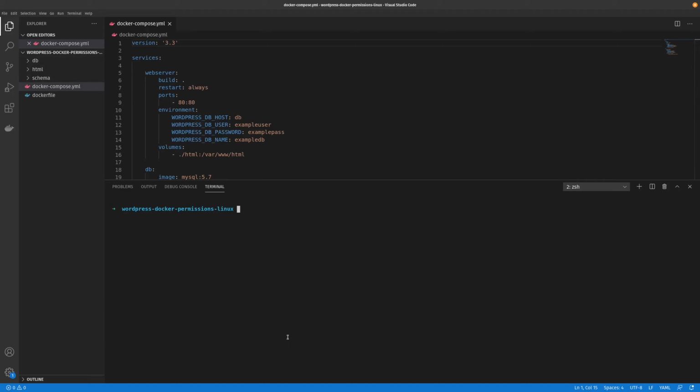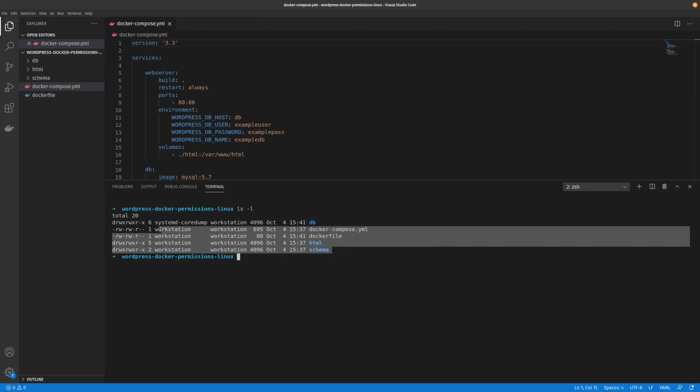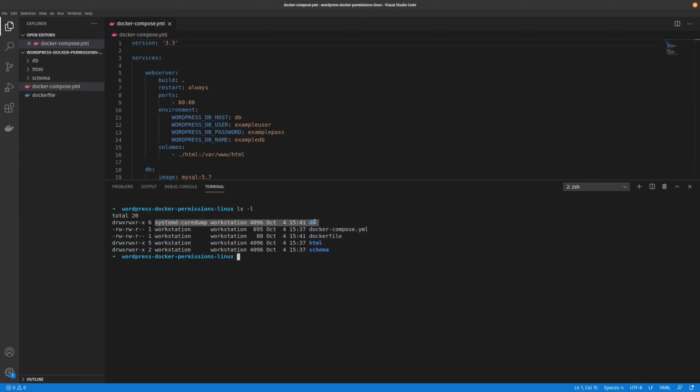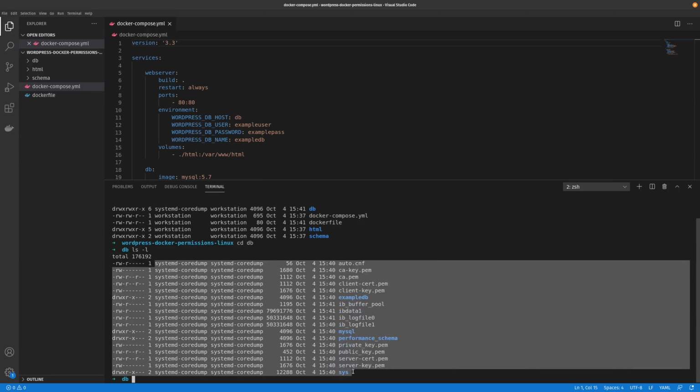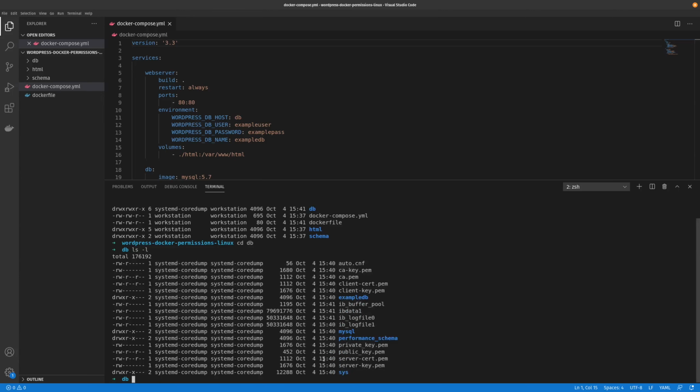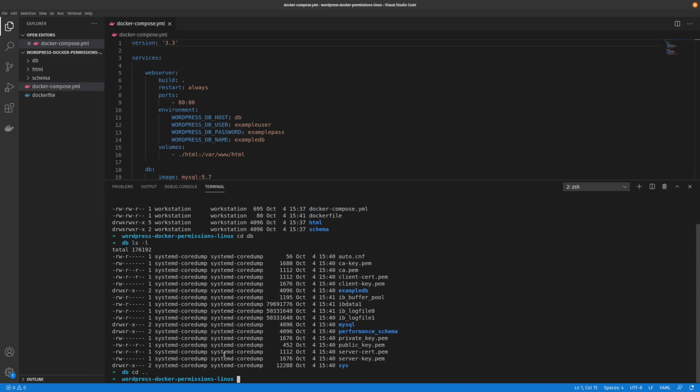And if we're in the project root, as you can see, if we do a ls -l, we can see that all these directories and files are owned by workstation. However, the DB folder is not. So if we cd into DB and do ls -l, we can see that we don't have any ownership, or at least Docker Compose doesn't have any ownership over these files, and that's because they're all being generated with Docker. So if we cd back,